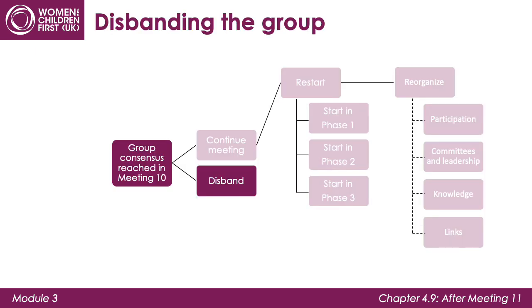Now let's turn our attention to those groups that reached a consensus to disband. Groups may decide to disband for a number of reasons. Most commonly, these include either feeling that they had achieved their objectives and thus that maternal and newborn health was no longer a priority concern, or feeling that they had not achieved their objectives, so the members wanted to look at other ways to improve